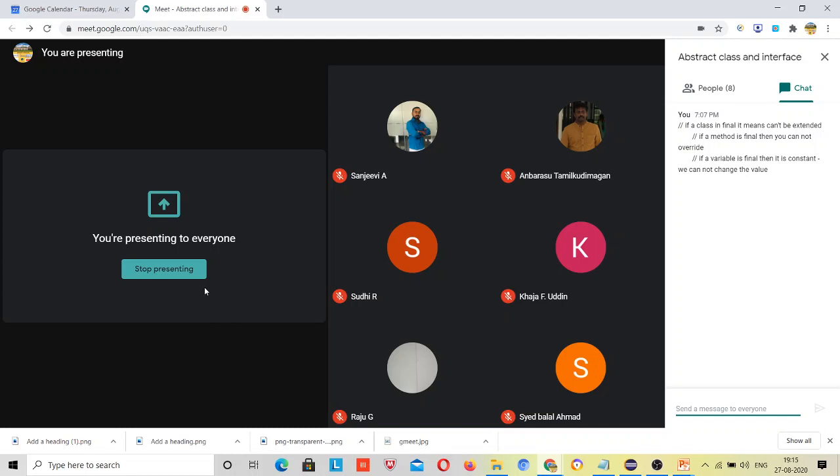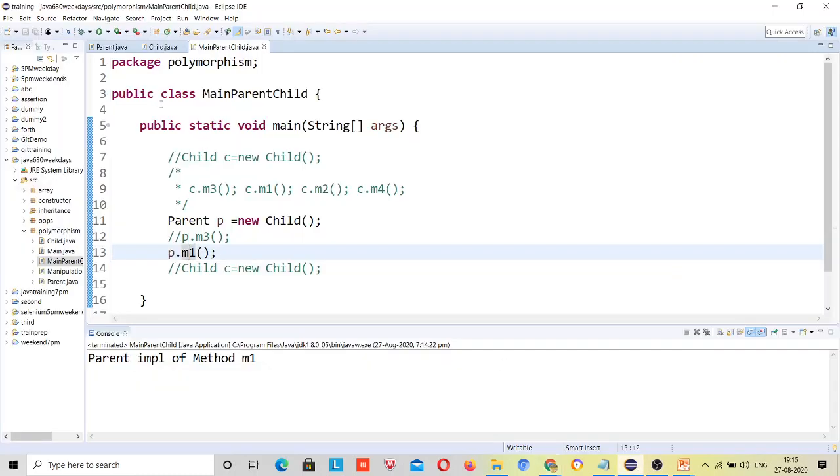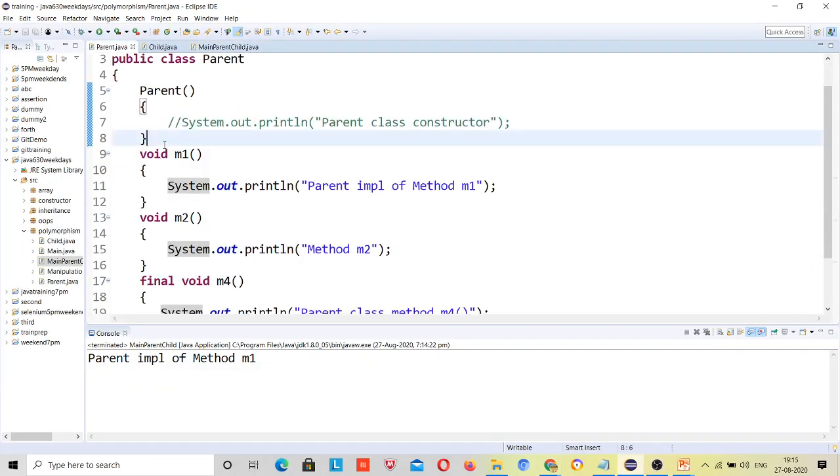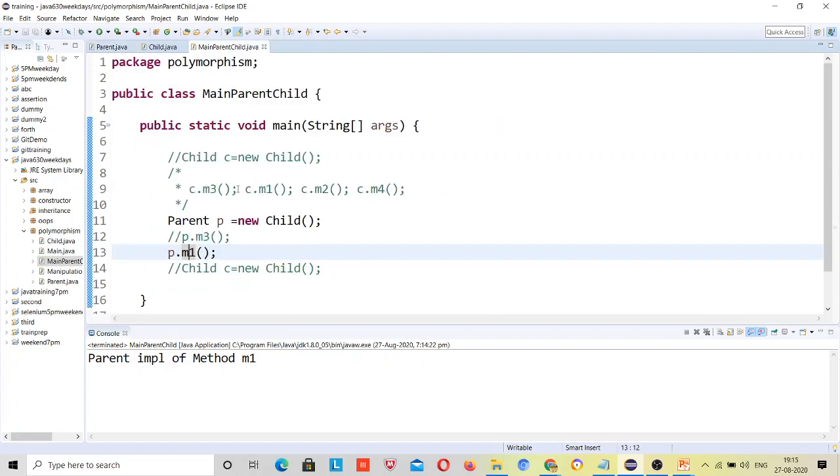Then live examples will be coming and you will get those things, okay? So this parent class wants that whatever methods I have, only those methods should be implemented by the child. Then what can be done? Just pass the parent reference and the child object, and first it will check whether this method is present in the parent or not. If the parent has that method, then only can the child provide its implementation, otherwise it cannot. The same happens with m3. M3 was not present in the parent class, so that's why it gave an error that this method is not present inside the parent class.